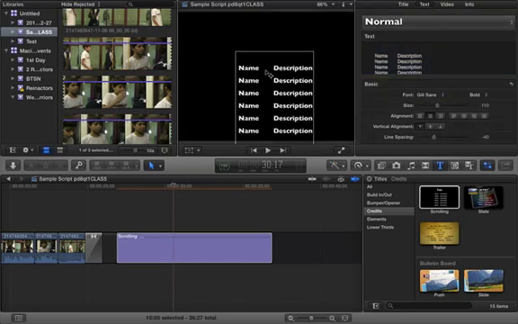Now it says name, description, but I'm going to actually ask you to do it the other way. So instead of name, description, I'm going to put description, name. So you're going to put director, and then you're going to go to description, and type the person's first name and last initial, Joe S, and then go to the next one. Again, when it says name, you're going to actually put the position. So DP, and then where it says description, you're going to put